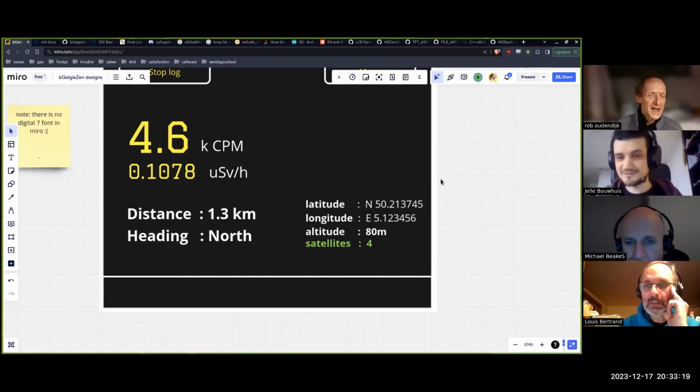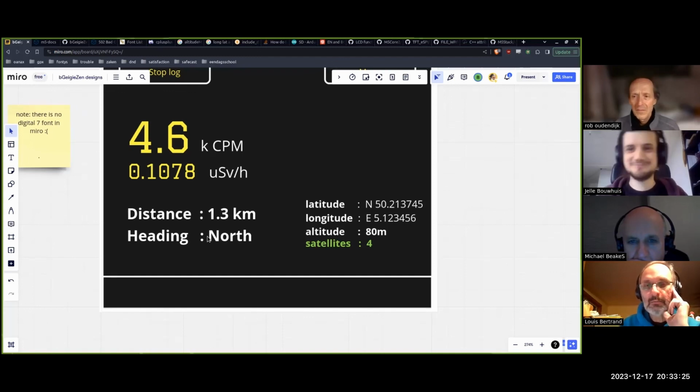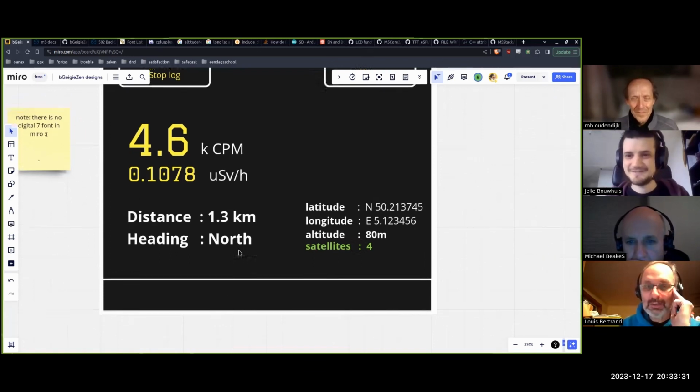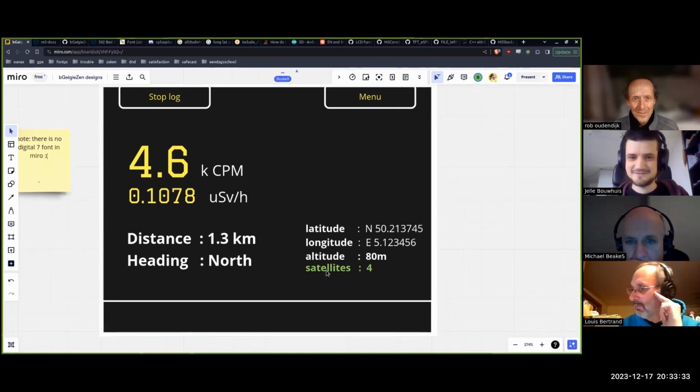Yeah, the distance and heading, the suggestion to put it on the right side. Yes, you want to see distance and heading, that's nice. Yeah, I'm indeed going north. Right. Okay. I guess one of the criteria should be that the lettering, since we have a bit bigger screen,